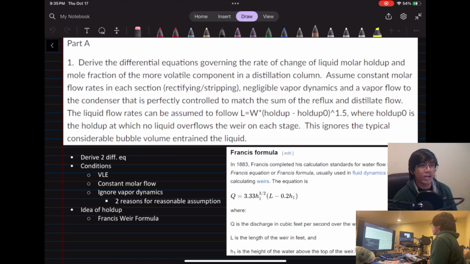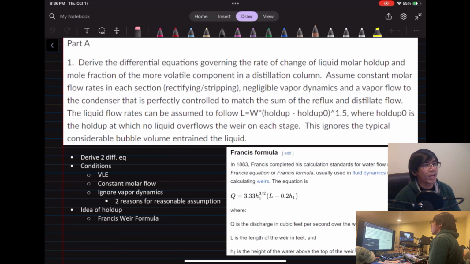So that's one reason. The second reason why we can ignore the vapor dynamics is also due to molar density. Again, if we increase our vapor flow rate, you'd imagine that we're introducing more moles to the system. But remember that the volume of the vapor in the column is already quite big. So introducing more moles to that already existing pretty large volume, well, the scale of that is pretty much something like 1 to a 1,000th of what we're doing compared to a liquid, where if you do increase the liquid flow rate, that is a pretty significant amount of moles you're adding to the distillation column. So those are just two reasons why negligible vapor dynamics is actually a reasonable assumption for at least our